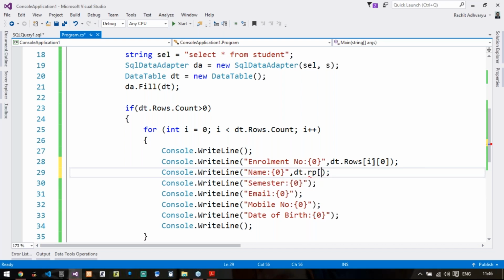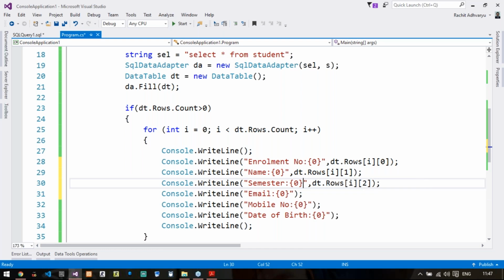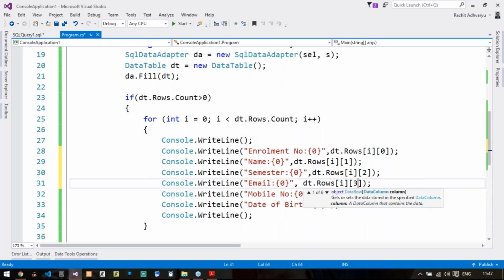Then dt.Rows of index of row and index of column. I'll just copy paste for the remaining ones. It will be 3, then 4, and last, it will be 5.